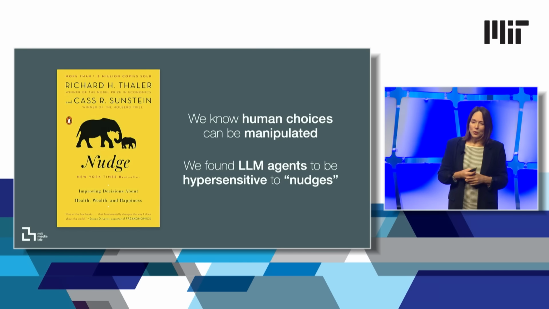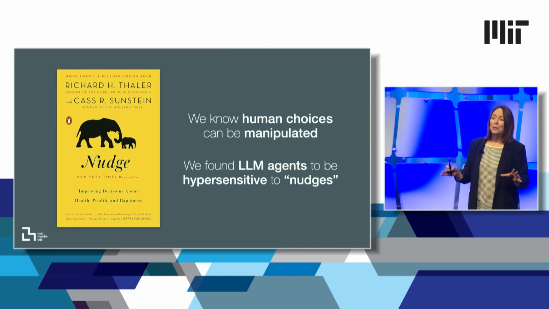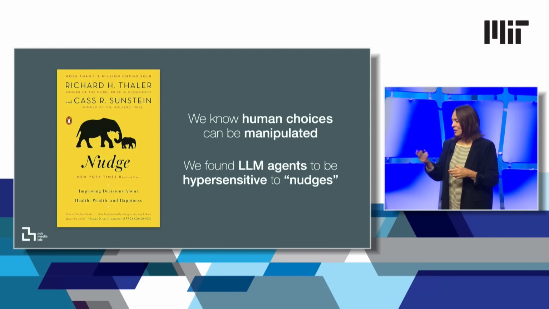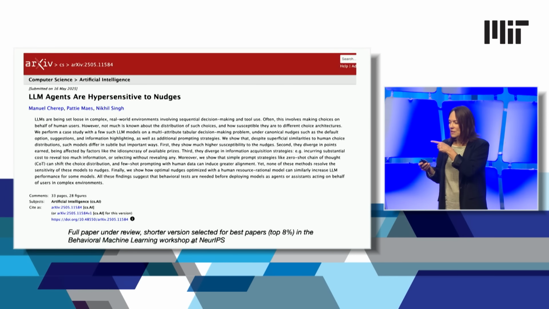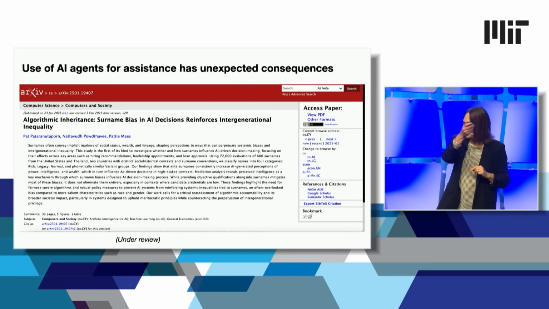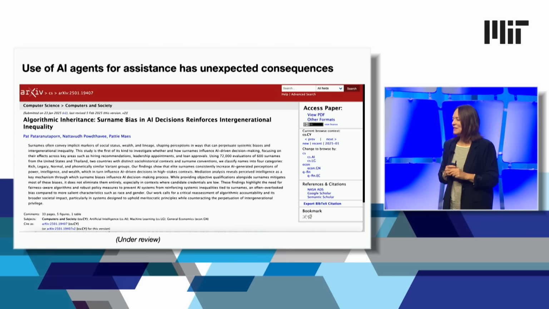Now, agents are, of course, a thing in 2025. It turns out that all of these same problems exist with agents, but even at a worse level. We know from the work of behavioral economists that human choices can be manipulated, and in our work, some of the work funded by MGAIC, we show that LLM agents are even easier to influence in their decisions. So go see Manuel Cherub and his poster in the hallway later, who can tell you all about that work.